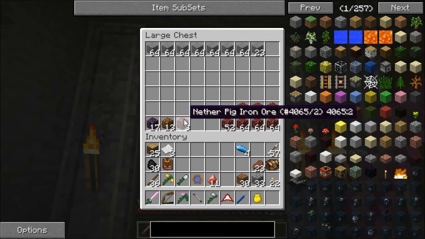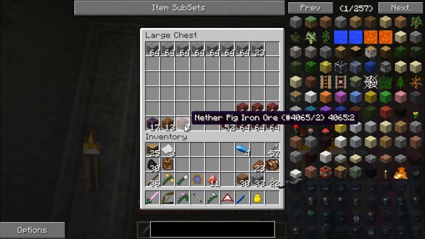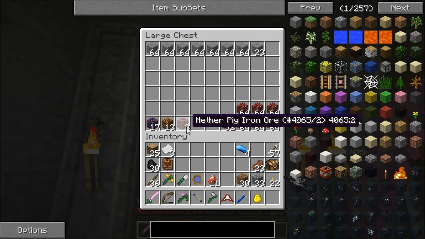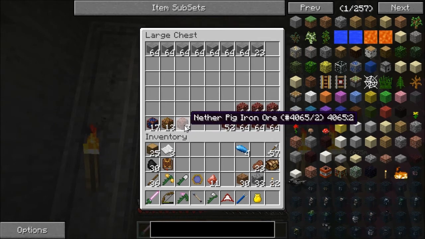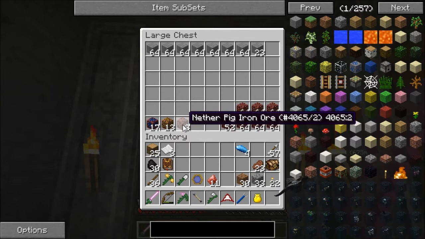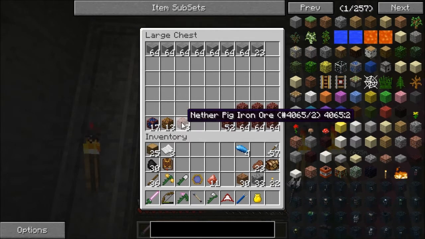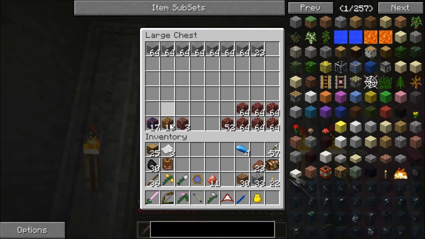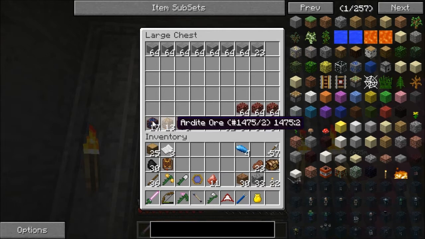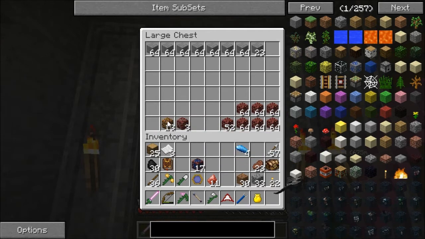Found some nether pig iron, which is pretty cool. I didn't know that it came in ore form. I thought that was only from combining stuff together in the smeltery from Tinker's Construct. I didn't know that you could find it raw, which is probably just a nether ores type of thing. I found 13 ardite and 17 cobalt. Now, what we're going to do with the cobalt, and also the ardite,